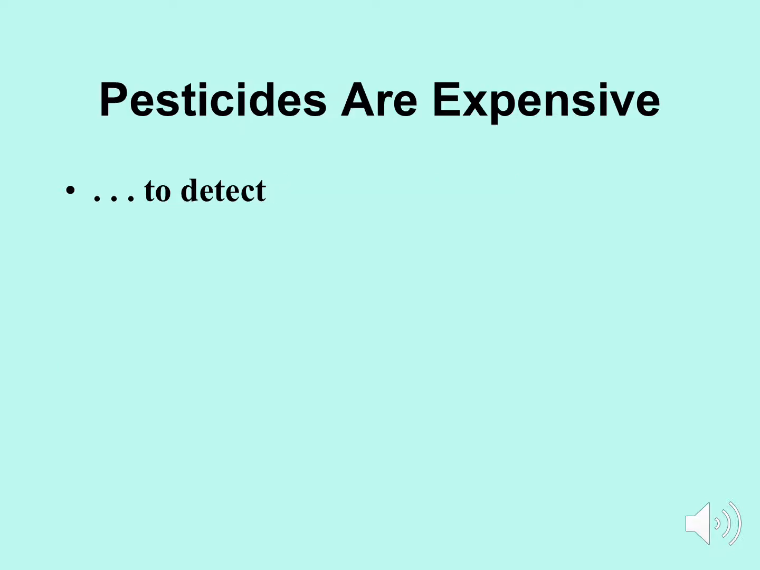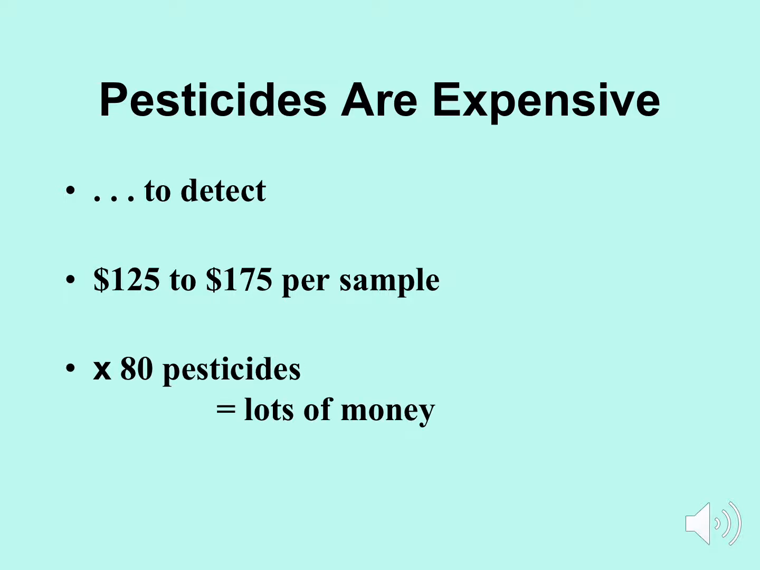If we look at other contaminants, let's stay in the agricultural chemicals area for just a moment. Pesticides. Pesticides are expensive to detect. You're going to pay a minimum of $125 to $175 per sample. And in irrigated areas of the Pacific Northwest, because there's so much crop diversity, there might be 80 different pesticides that are commonly used in that geographic area. So if you're going to spend $150 per sample per pesticide and you've got 80 pesticides, you're talking about a